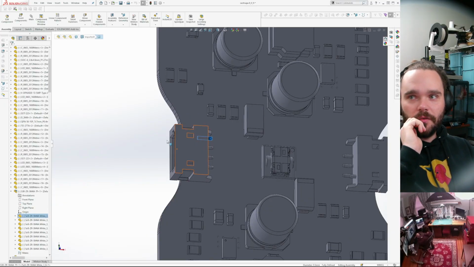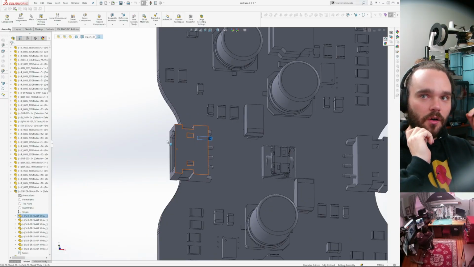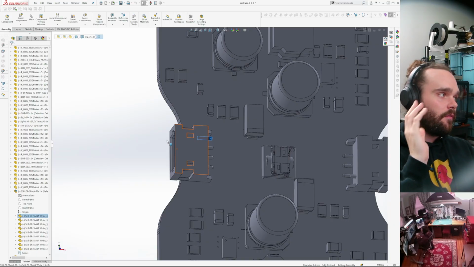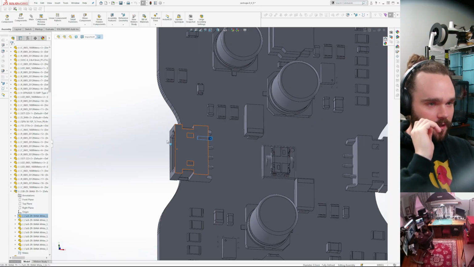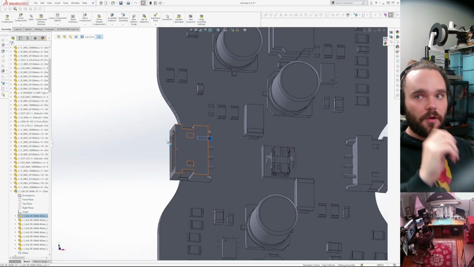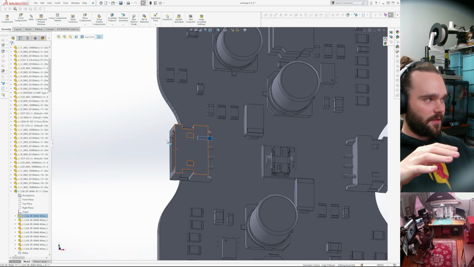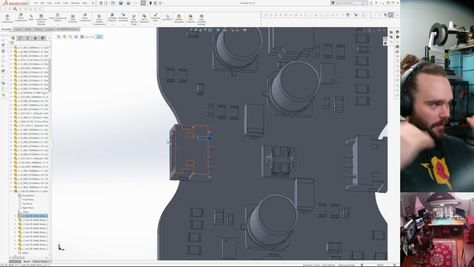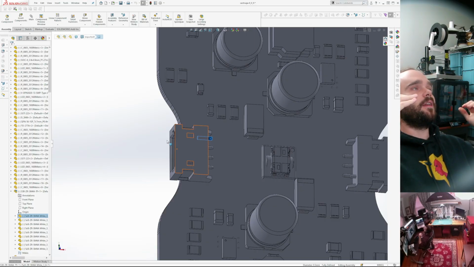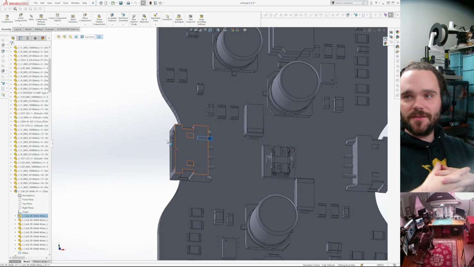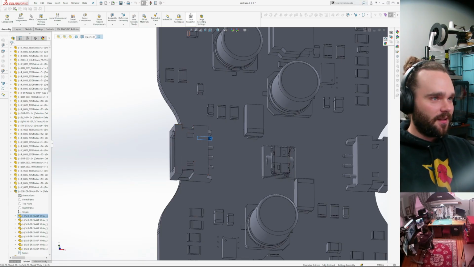Anyways, so what I'm going to go do is for all of the footprints that are multi-bodied, I'm going to go through one by one and convert them to SolidWorks documents, and then combine them into one part, and then convert them into step files. So this is going to be a little bit annoying.